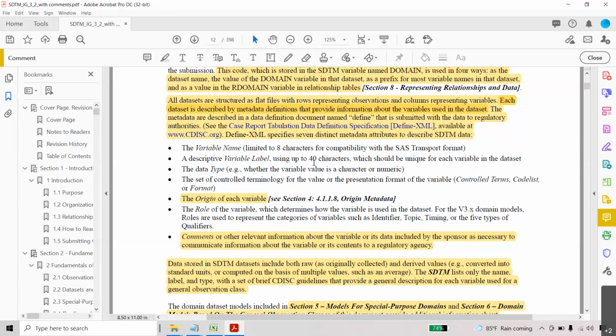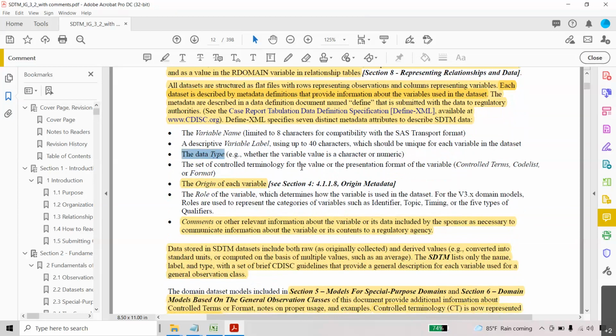By default, you should follow the SDTM IG guidelines. But in ADaM, you have the provision to add a variable, and you can also add the variable name or label. When we discuss ADaM, I will explain how to create the variable. Of course there are some rules, but it is very easy and there is no confusion, but you should understand the proper way. But in SDTM, all these are standard. Next.